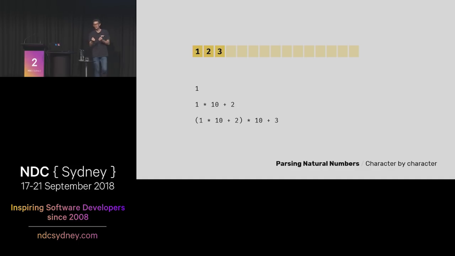And if it is, we'll multiply that first one that we saw by 10 to shift it up a place, and then tack on the next thing that we saw, which is that 2. As we keep working through that string, each time we find another character, we'll multiply whatever we've got by 10, and then tack that last one on. So maths. I can get that far.